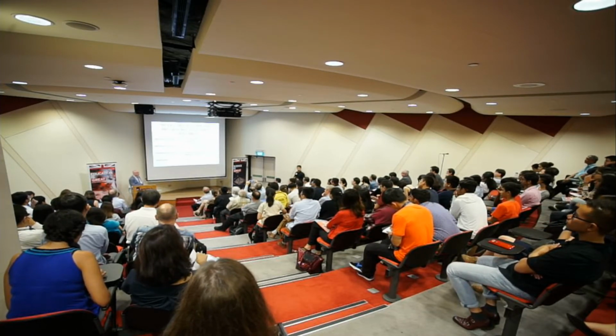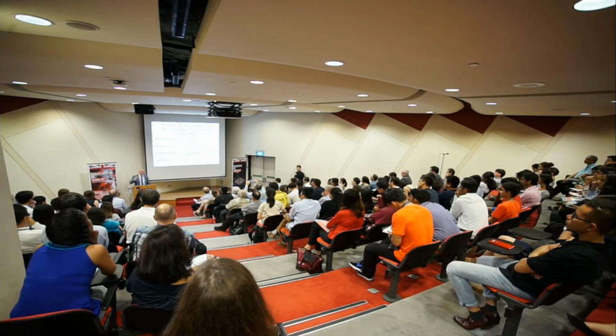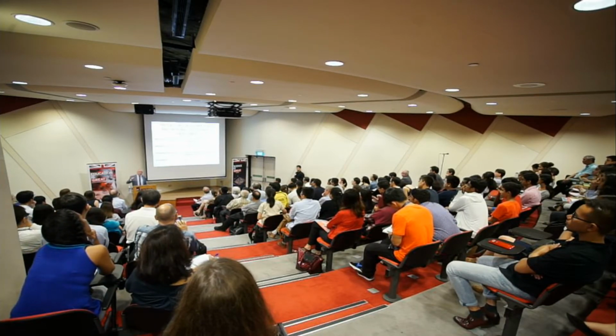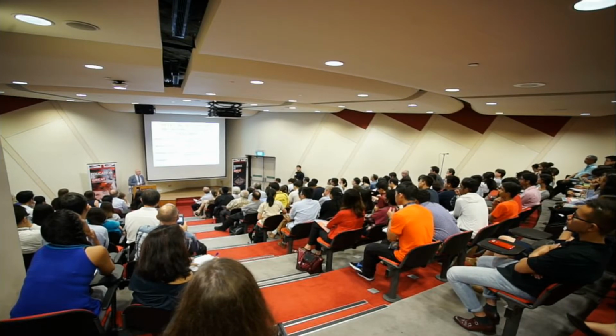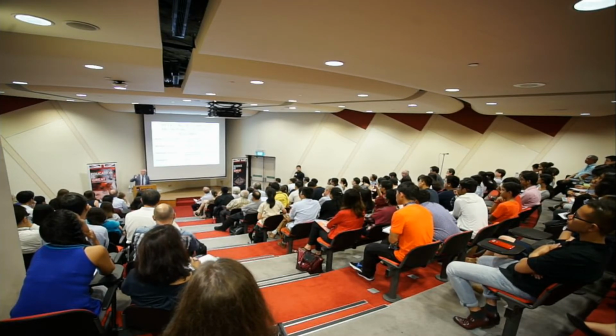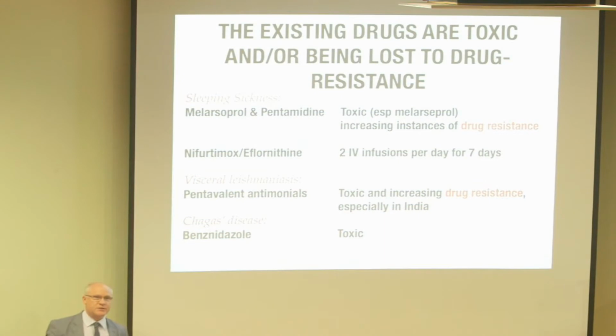So, for example, sleeping sickness is treated with these drugs, melarsoprol and pentamidine. Melarsoprol, ARS, A-R-S. Why? It contains arsenic. This is an arsenical compound. This is still a frontline drug in sleeping sickness treatment. It kills 1 in 20 patients on first administration. Stone dead. Can you imagine that being acceptable in the developed world? A drug that kills 1 in 20 patients. It's very, very toxic, and we're also losing it to drug resistance.